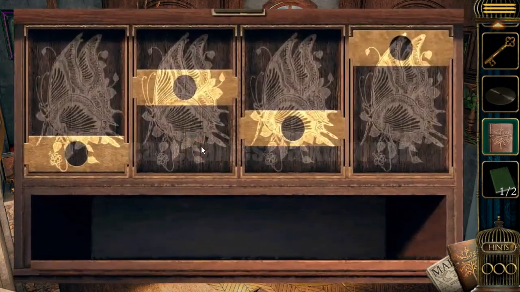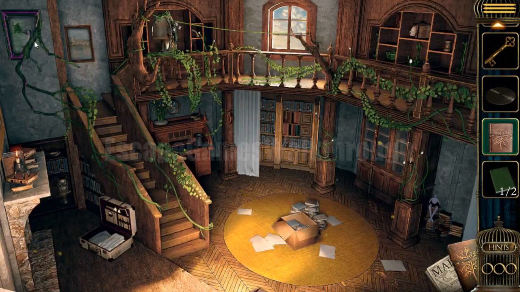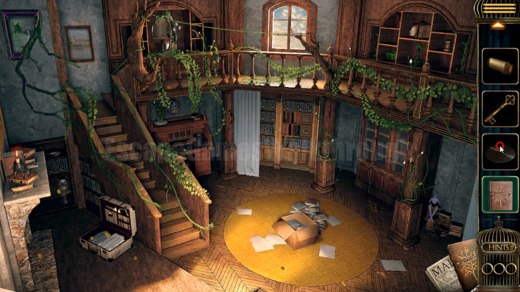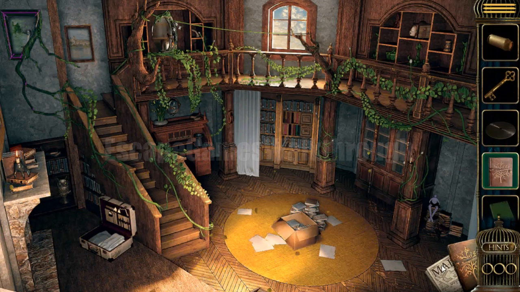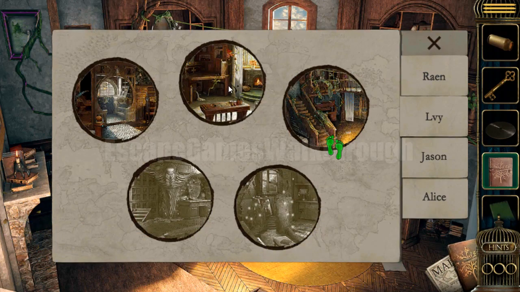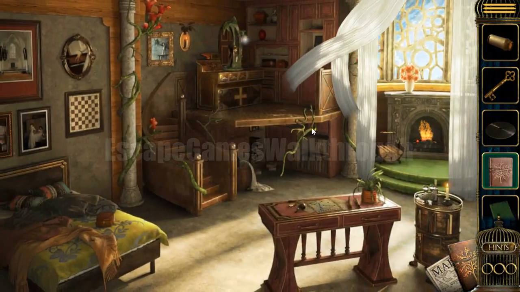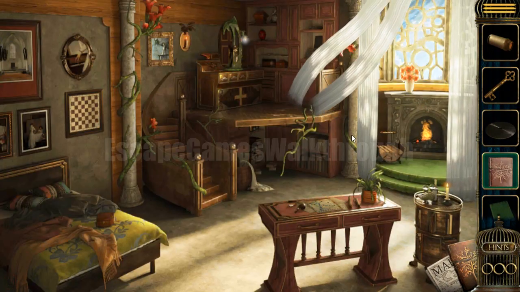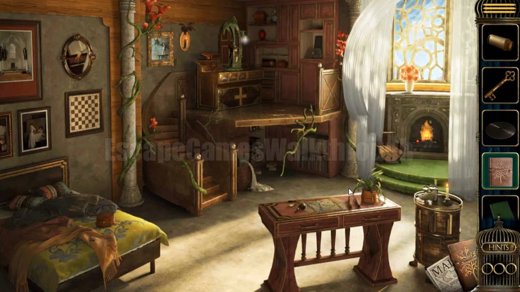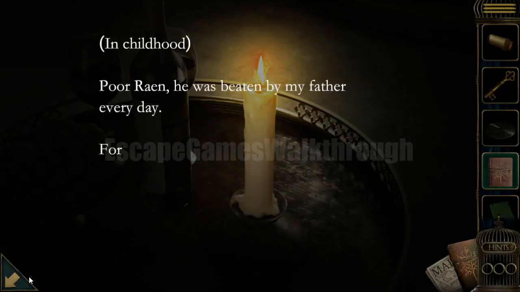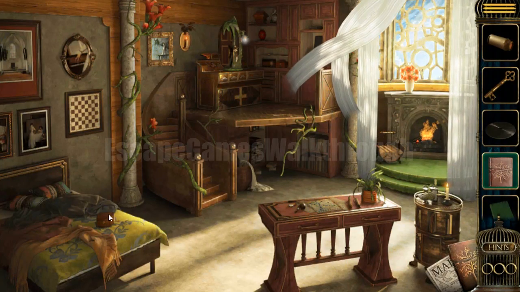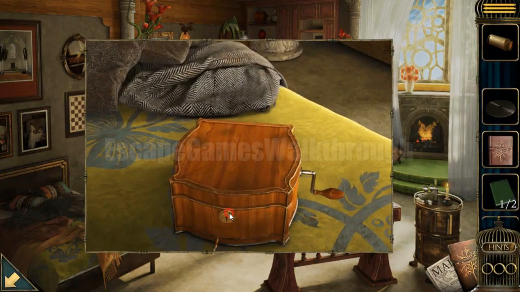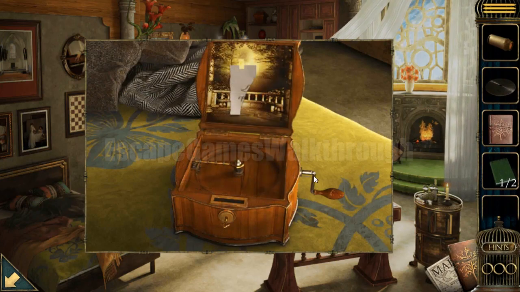We need to find the piece of the paper. Maybe it's here. Nope. Then we need to find it in the previous rooms, and we already have a key from something. Okay, go into that room. Key is not from that place, not from the window. One more candle. So the key is from that music box,